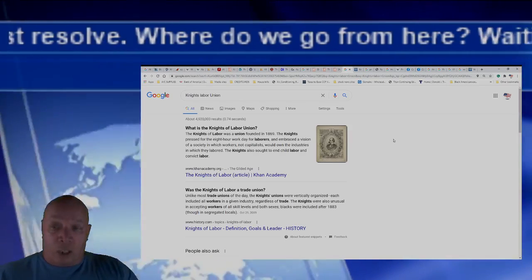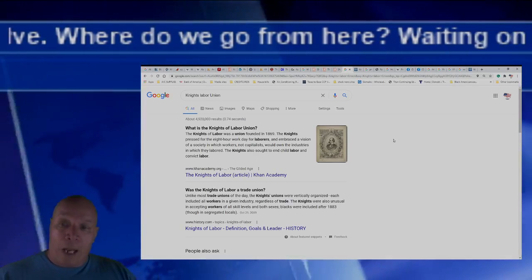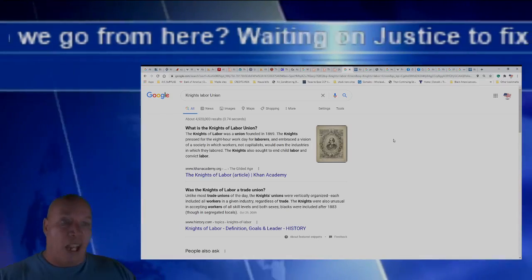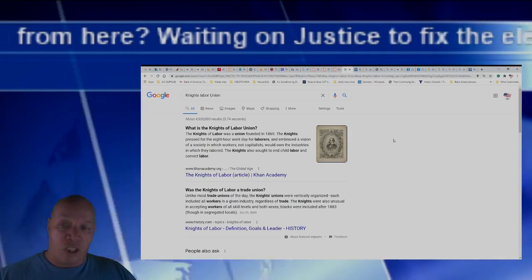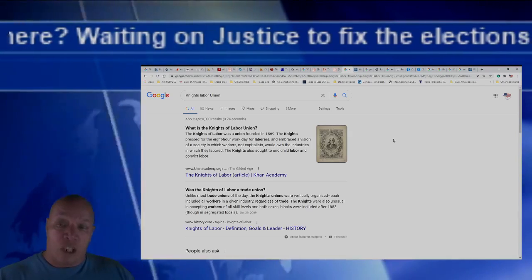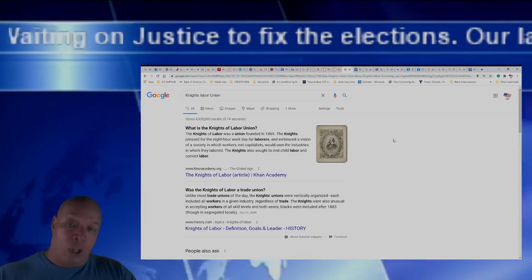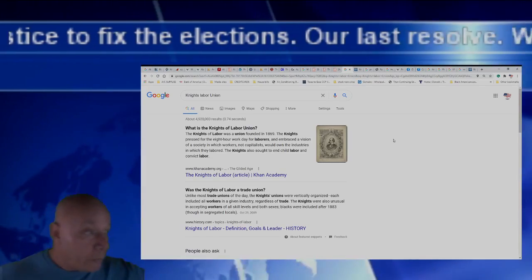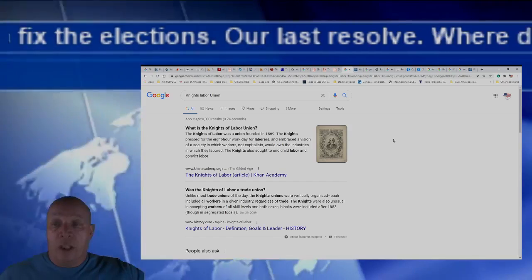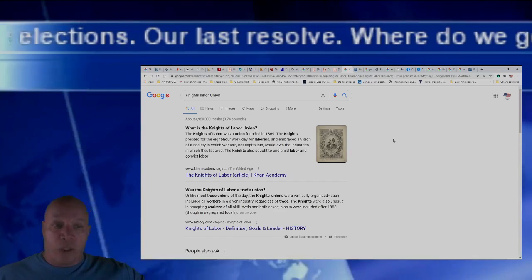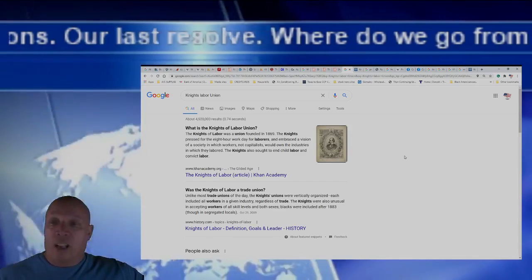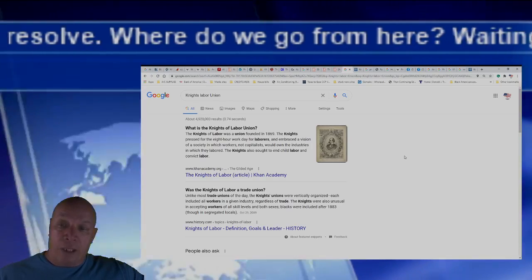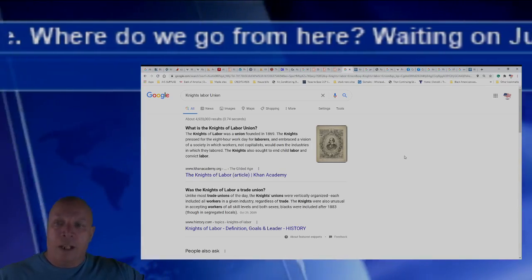Democrats were demanding that their Klan members be put into the higher paying positions within the factory jobs as foremen and what have you. And then as they gave in and placed these people in these higher positions, the Democrats in the foreman positions would fire off the black minorities that were working in these industrial jobs, and they would hire in their Klansmen. And this is what the Knights Labor Union was established to do. It was to muscle its way in through the terroristic tactics of the Ku Klux Klan, threatening the soft-skinned businessman in the Republican Party to give in and allow them to come in and pay them higher